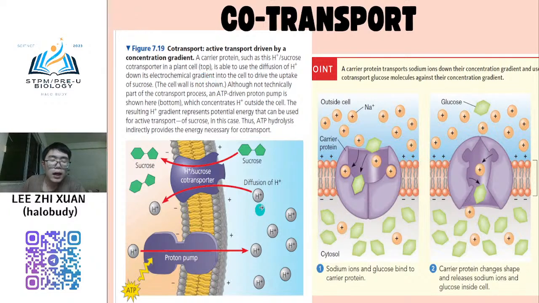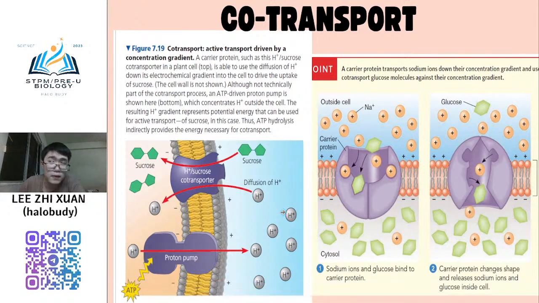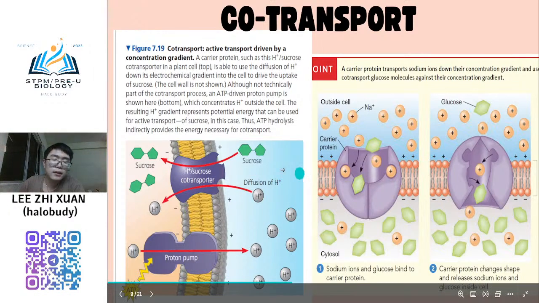Electrochemical gradient. So yang ni awak akan belajar pula dekat chapter 5, electron transport chain, especially oxidative phosphorylation, ETC and also chemiosmosis. So yang ni awak memang kena tahu lah. Memang kena tahu. Kalau awak tak faham yang ni, nanti awak datang chapter 5, if you learn about oxidative phosphorylation and chemiosmosis, awak pun tak tahu dia cakap apa lah. So ini memang sangat basic lah. So apa yang saya nak tekankan